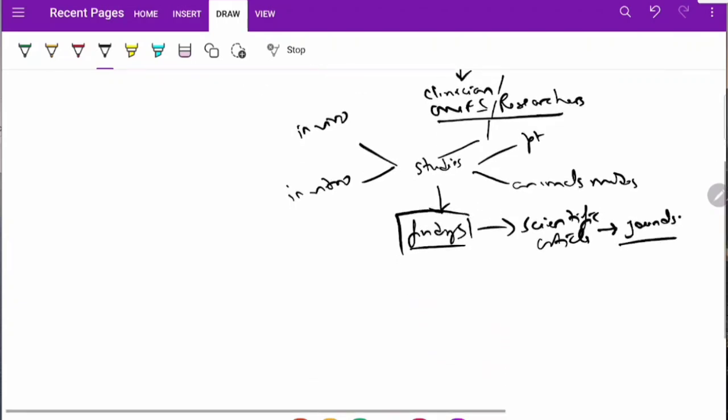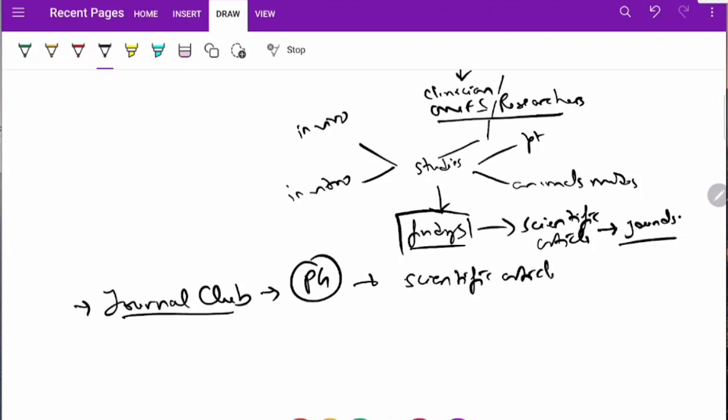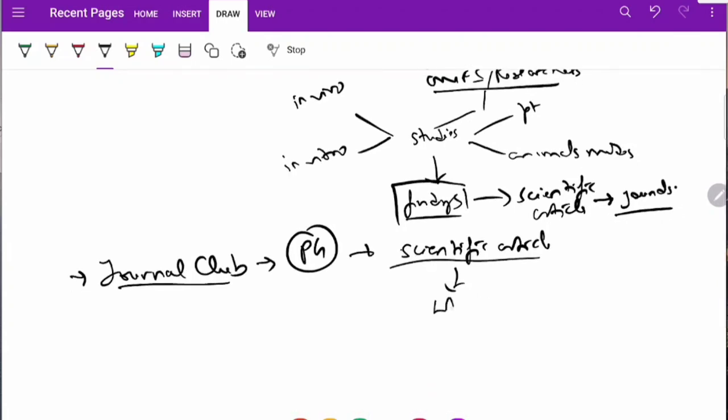So what is a journal club then? What is a journal club? In a journal club, generally what a PG does is take a scientific article. Let's say we have an article on local anesthesia,